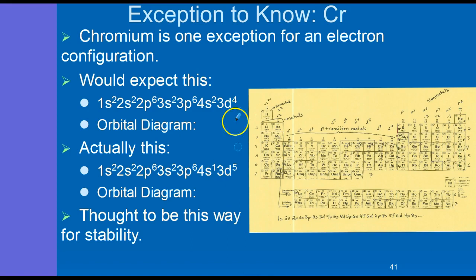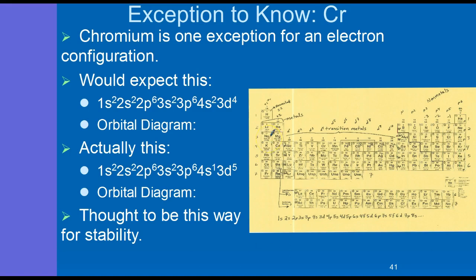So what happened? One of the electrons in the 4s was transitioned, that's why these are the transition metals, to the D area such that it became a 5, and the 4s dropped down to a 1. Now, why in the world would it do this? They believe they do it because of stability,